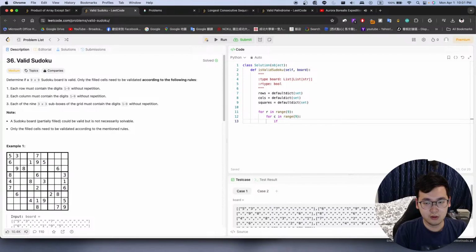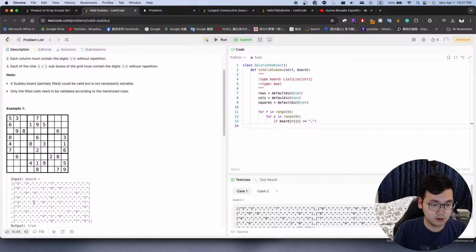And if board RC equals to the dot, because here's how the board looks like. If it's dot, then we just skip this cell. So now we have to check if the board RC